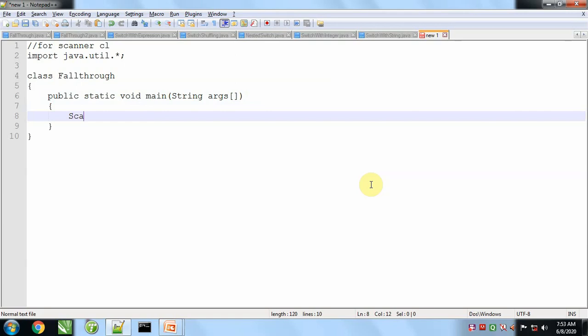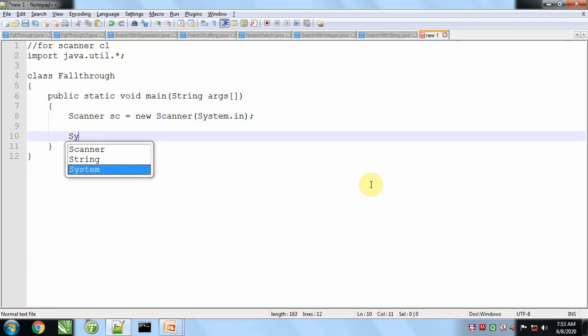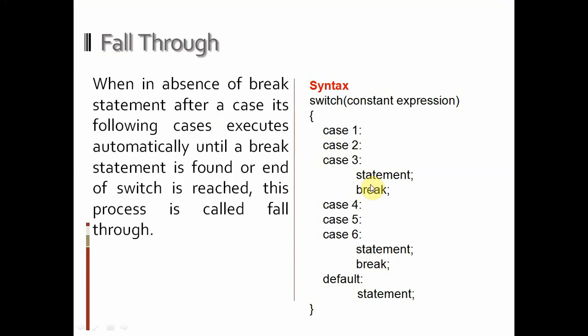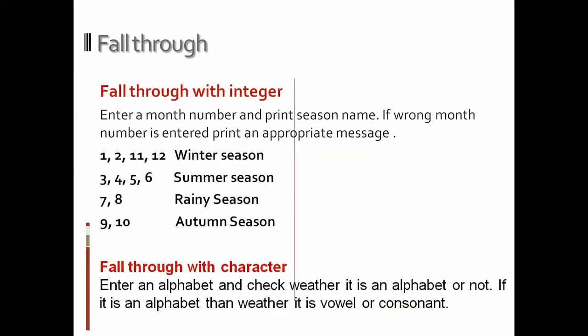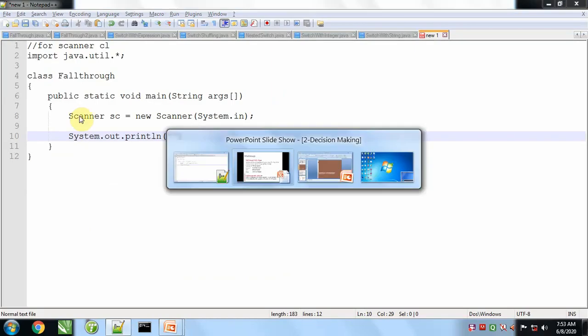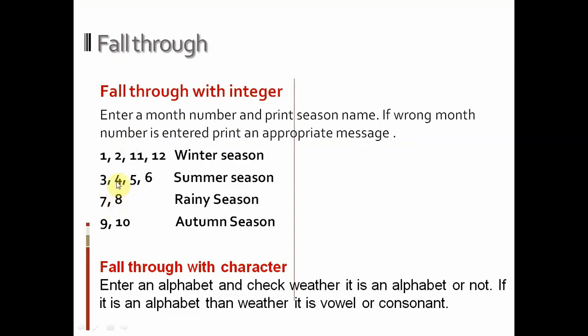Now we'll make an object of the Scanner class, and here we will make a program with the help of fall through.